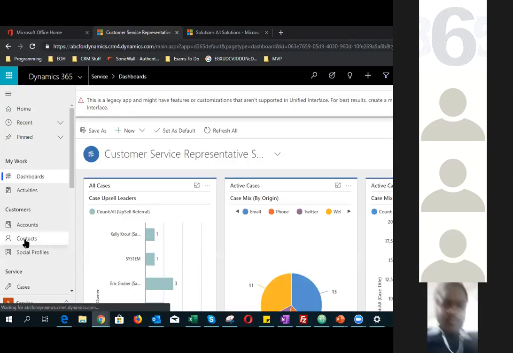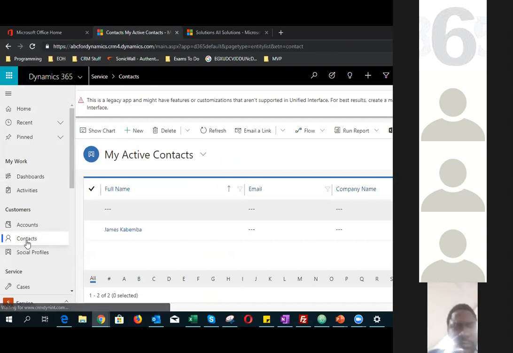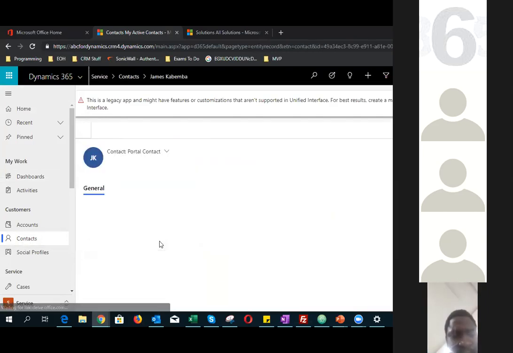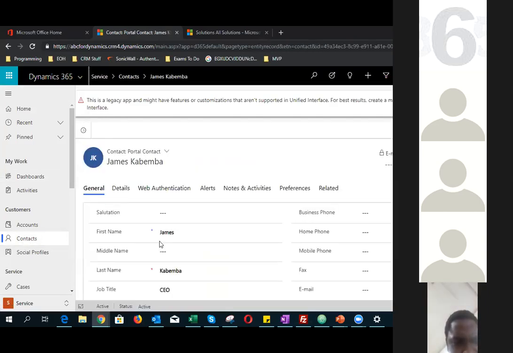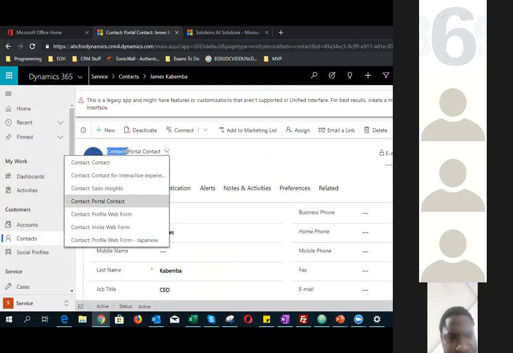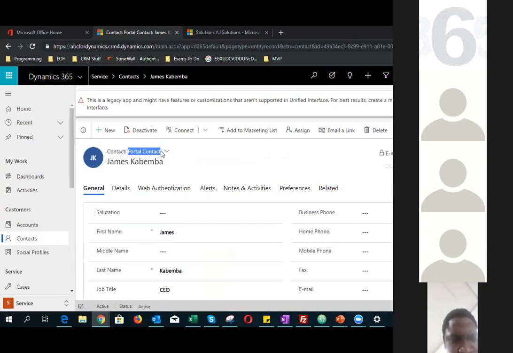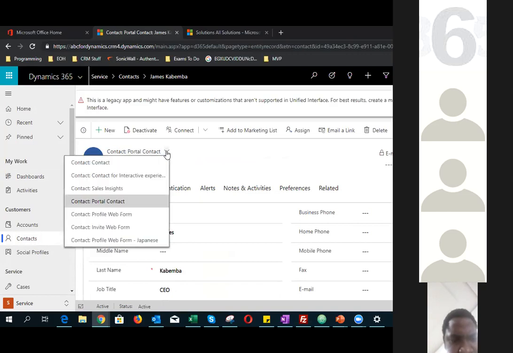Okay, fantastic. Let's go to contacts. Let's go and open a new contact record. Let's change to the form. So remember this form over here. The first label is actually your entity, the contact entity, and this is the actual form name. The form name we changed was contact form, not portal contact. So if we click on the drop down and we go to contact,